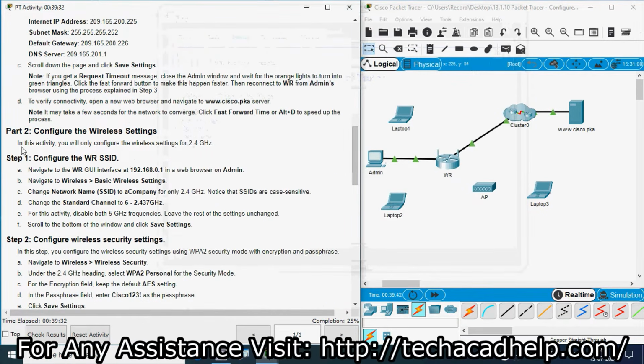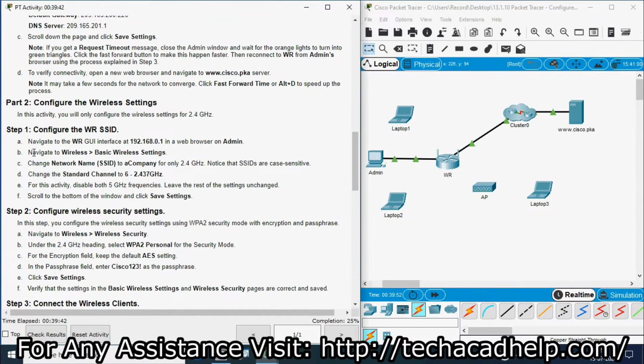Now we will go to part 2, configure the wireless settings. In this activity, we will only configure the wireless settings for 2.4 gigahertz. Coming to step 1, configure the WR SSID. Navigate to the WR GUI interface at